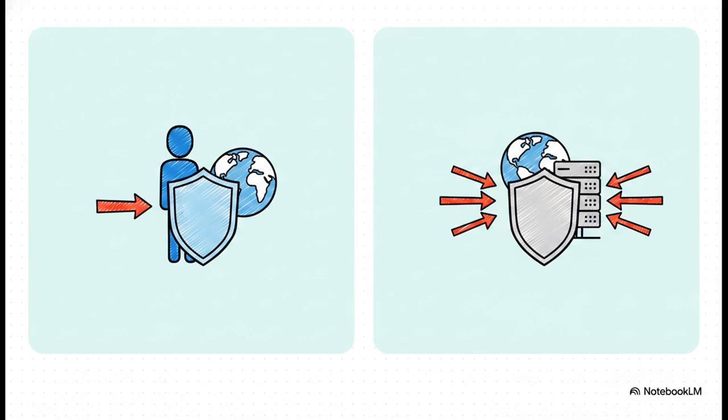So, the crucial point here is the contrast. The forward proxy represents the client, strictly controls outbound traffic, and hides the user's identity. Meanwhile, the reverse proxy represents the server, dictates inbound traffic, and heavily protects those backend systems. It is the exact same core technology, just deployed with completely opposite goals.